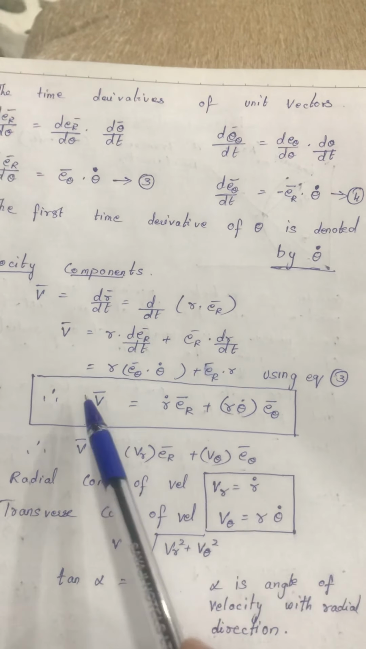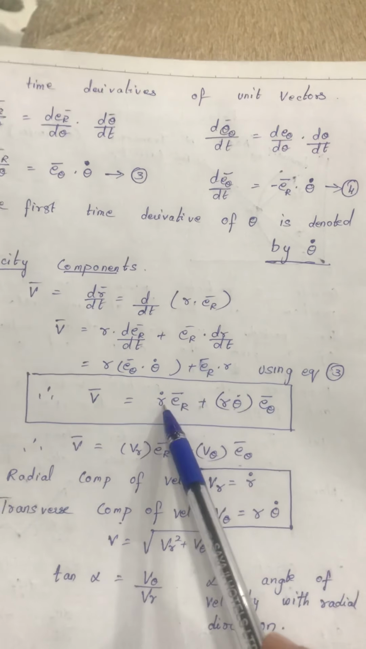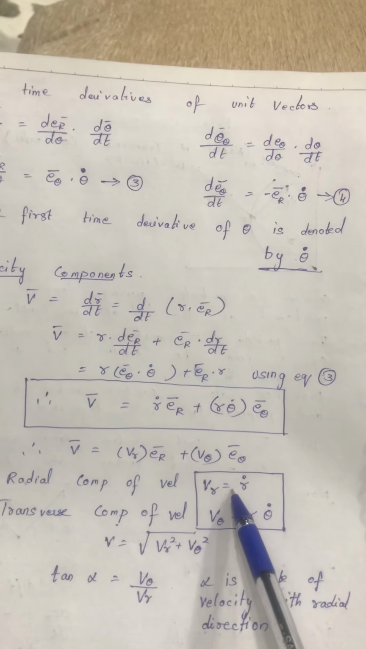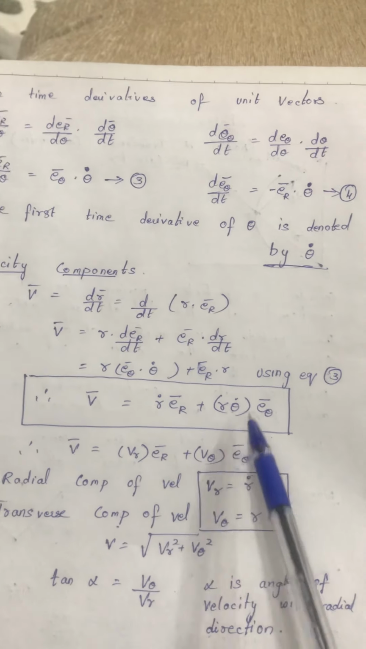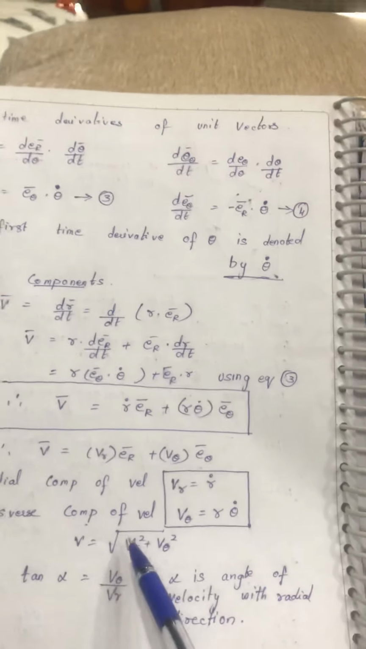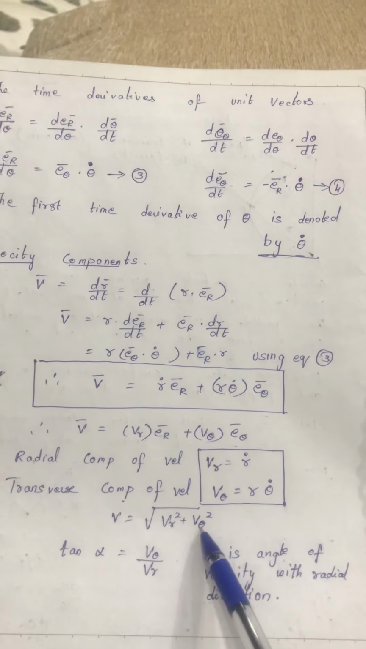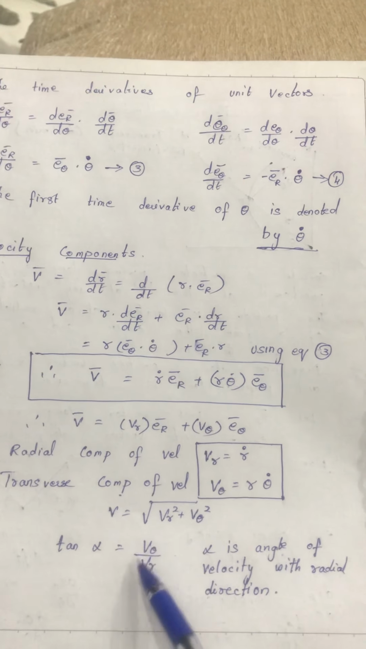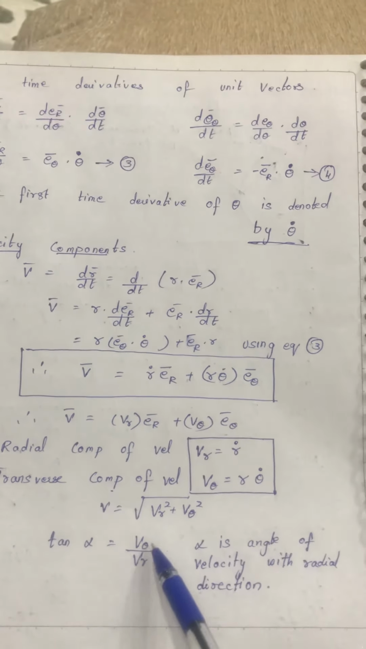So what you have to remember is the total velocity is this. r dot is the velocity in the radial direction. r theta dot is the velocity in the transverse direction. Total velocity is given by the square root of V_r square plus V_theta square, and the direction of the velocity will be tan inverse